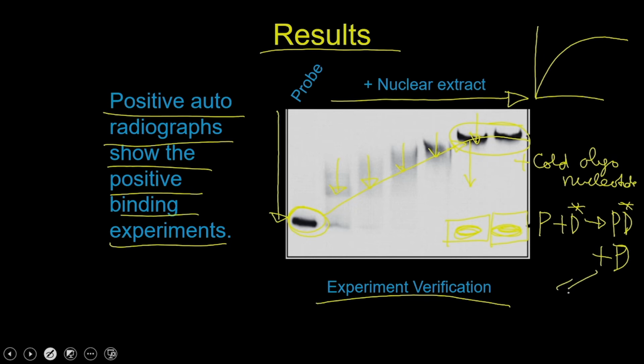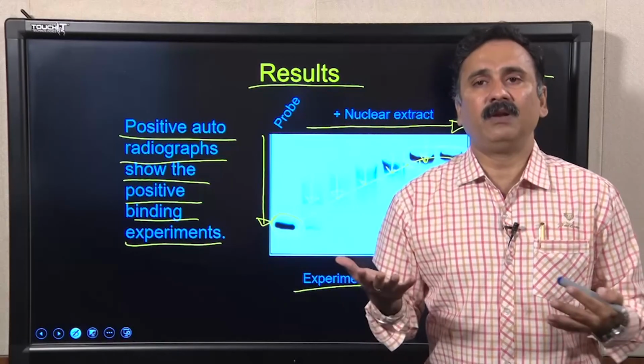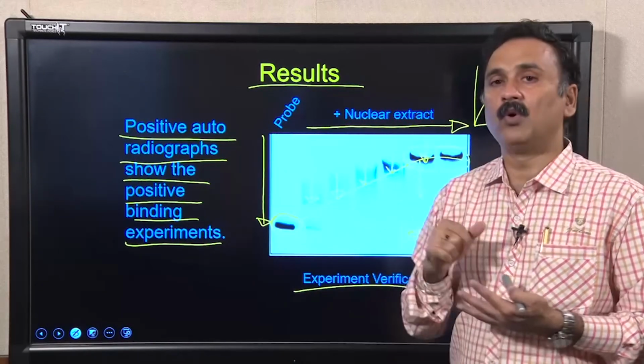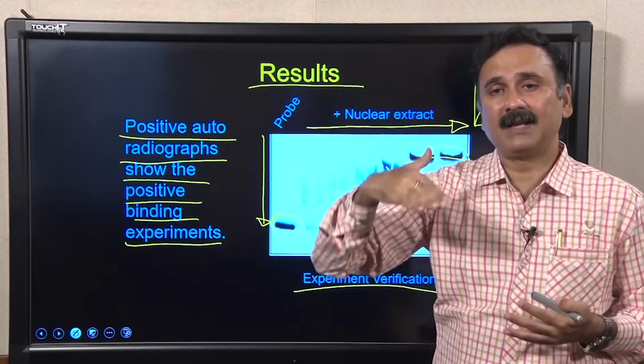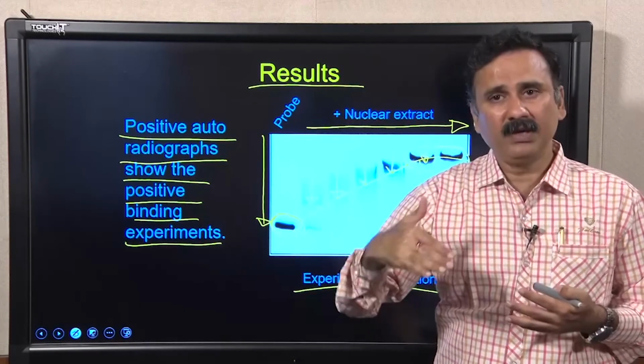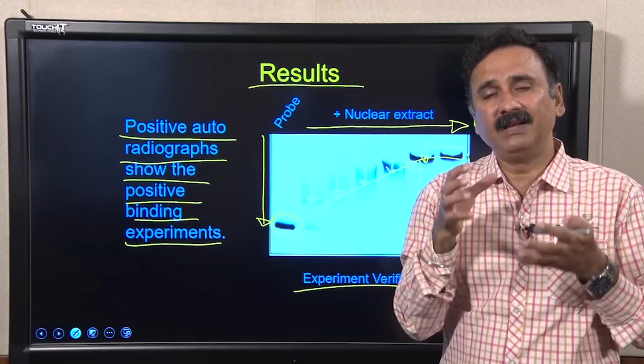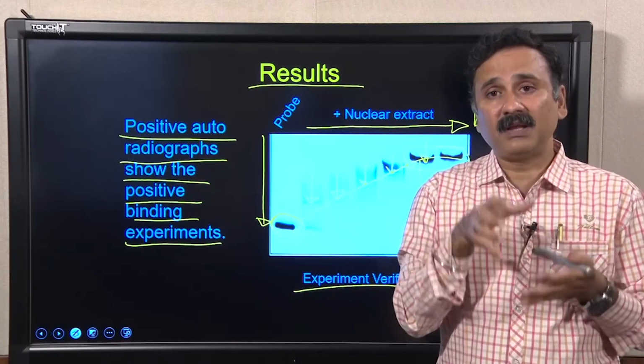Ultimately it is going to start forming the complex with the unlabeled probe, and the labeled probe is released from the reaction, and it is again going to have the same electrophoretic mobility as the free probe. That is why you see the reappearance of the labeled probe. So that is a verification that this is a specific